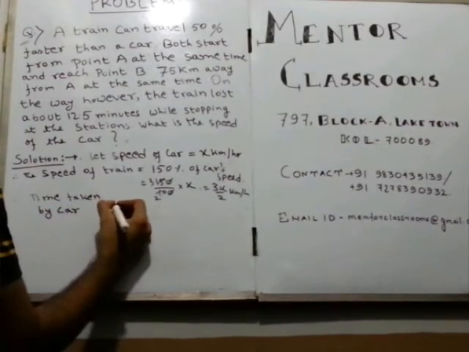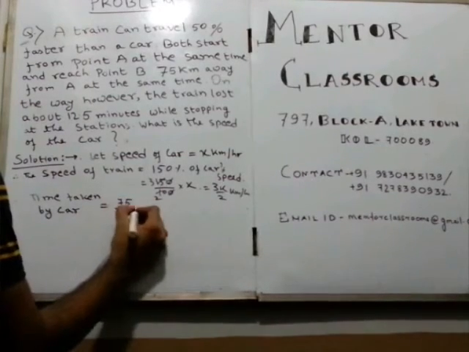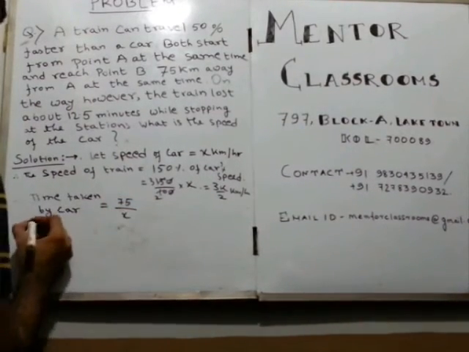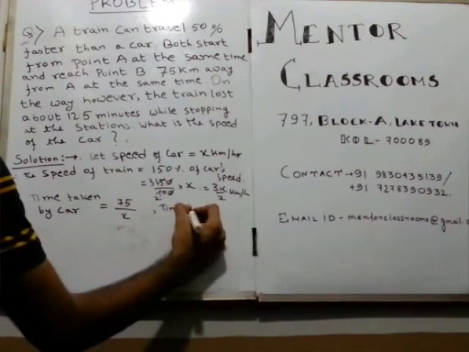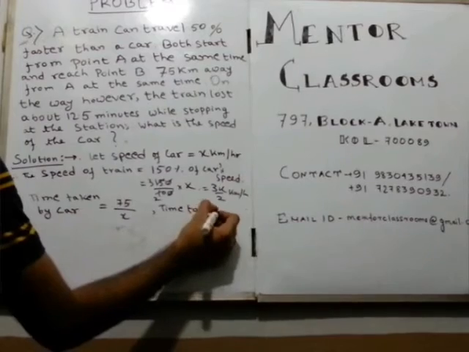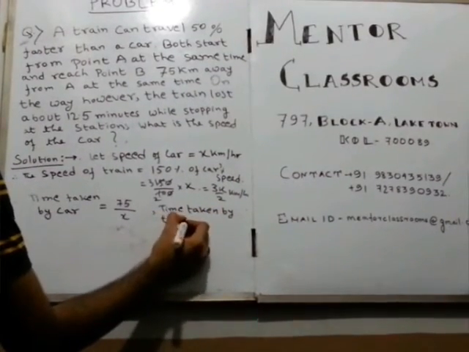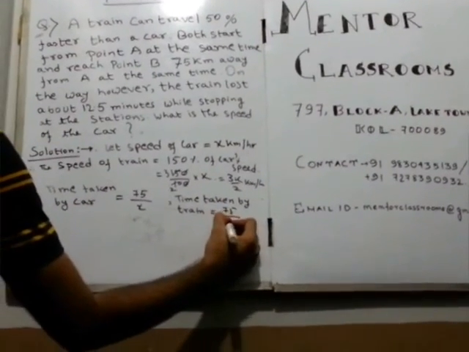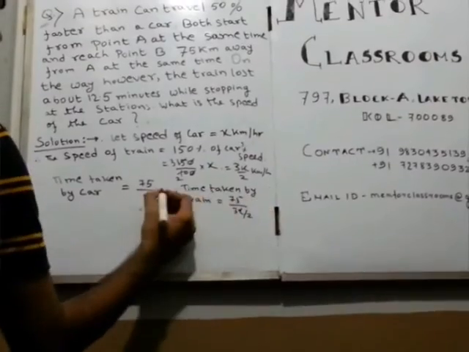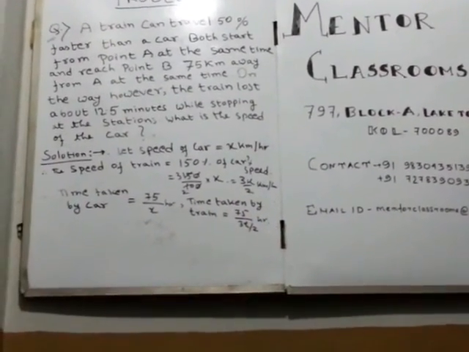Time taken by car be 75 by x, and time taken by train equal to 75 by 3x by 2. All these are in hour. Now guys,